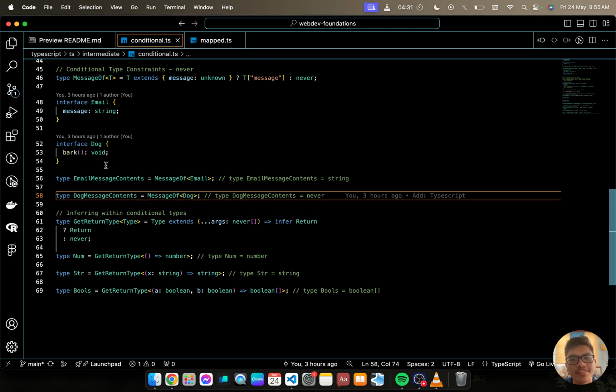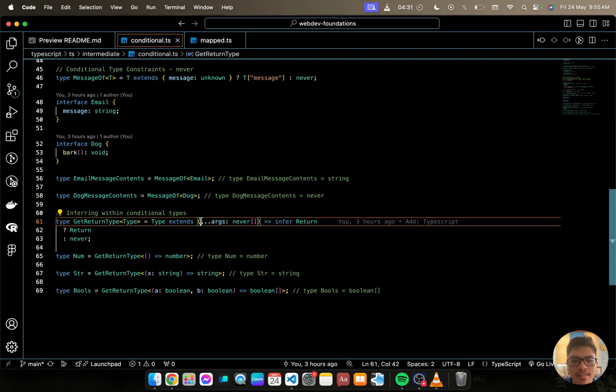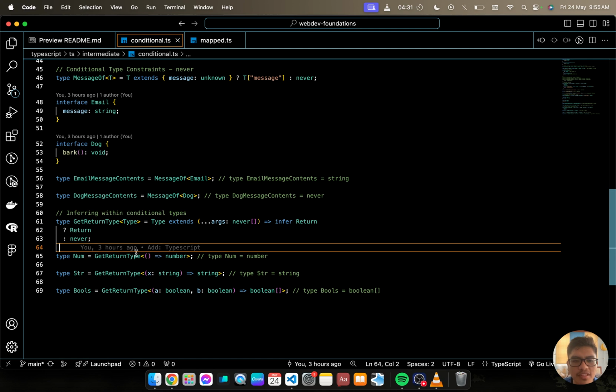Then next we have inferring with conditional types. That occurs by using the keyword infer. So let's say get return type equals type extends args never with the return type infer return, conditional return never. So type num is equal get return type.